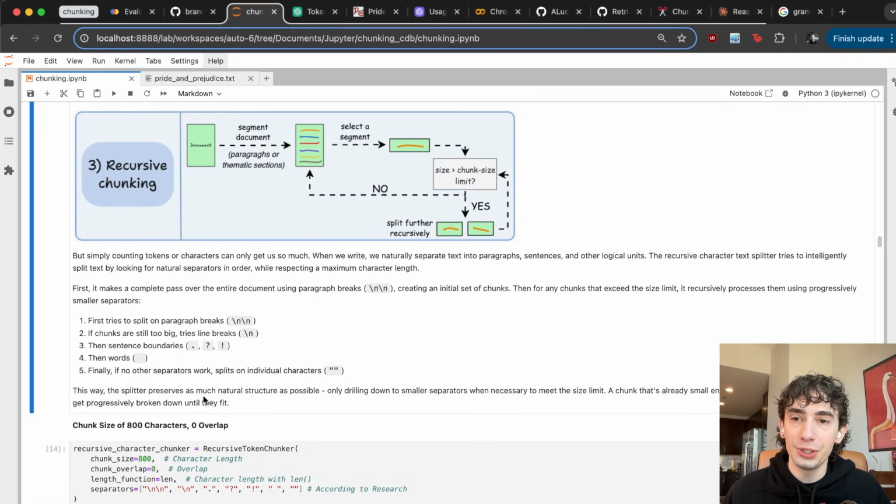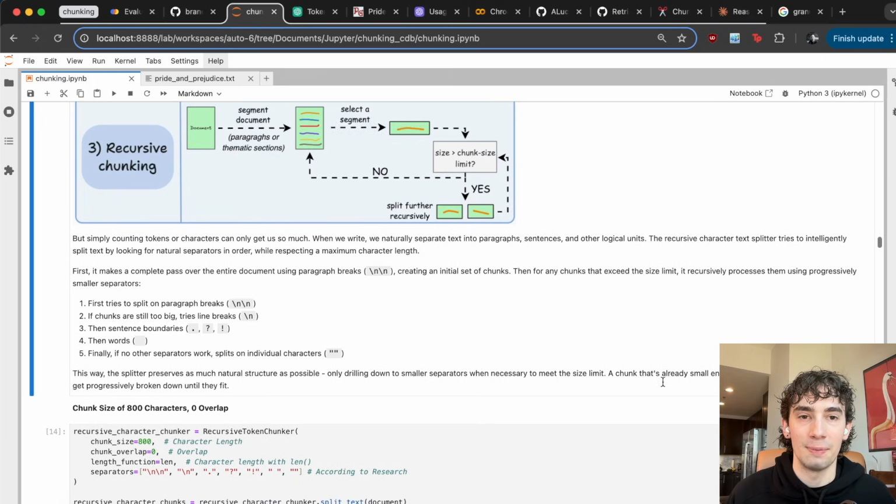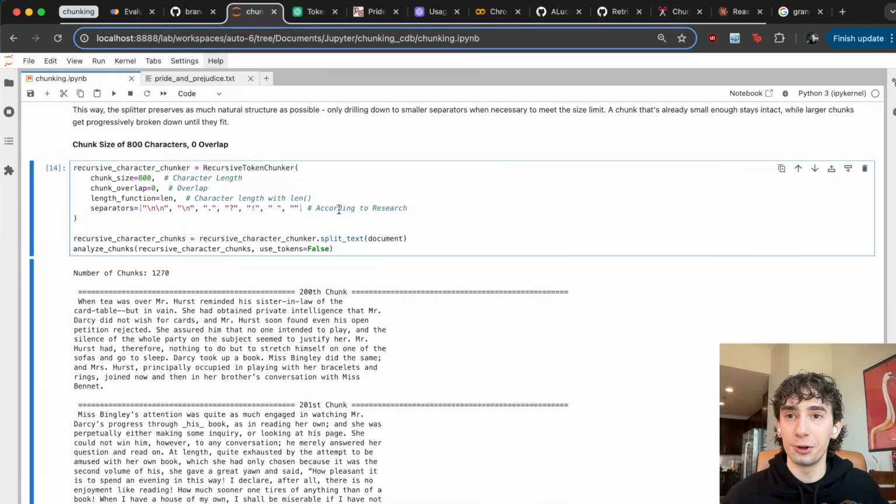So in the end, what this does is the splitter actually tries to preserve as much of the natural structure as possible, but it will drill down into the smaller separators when necessary to meet the different explicit size limits that we set. So a chunk that's already small enough stays intact, while larger chunks get progressively broken down until they fit. So looking at our first example of a chunk size of 800 characters with no overlap